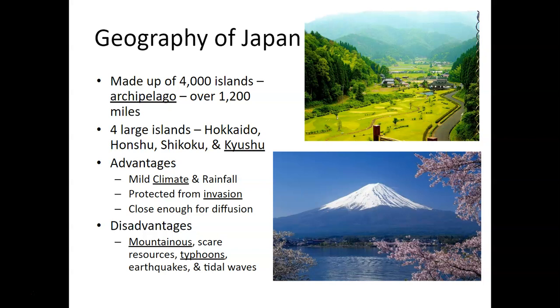Now, there are some disadvantages. Because the islands sit all across the Pacific Rim and have been built over millions of years through tectonic shifts and eruptions and so forth, Japan is very mountainous. So it can be very difficult to get around. It also means that living space can be very limited, and resources are actually quite scarce because of the geological development of the islands. You have a lot of certain resources like timber, but you might not have other resources. So you need to trade with other cultures or have contact with other cultures to get goods that you need.